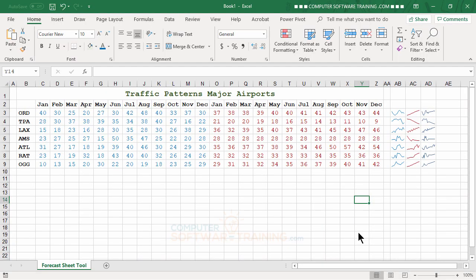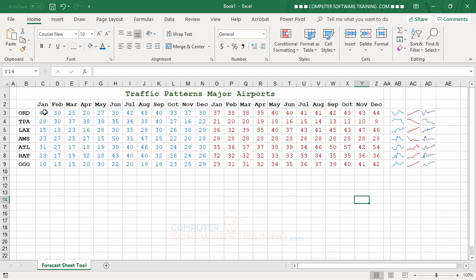Okay, so I'm going to talk a little bit about forecasting. This example that you're looking at on the screen can be found in Module 5, and it has to do with forecasting and trending and so forth. What I want to show you, though, is this is what I originally had shown in that particular video. I'm going to show you now a tool that will kind of replicate this without you having to actually do the formula. So let me just kind of back up a little bit and just say that what we had